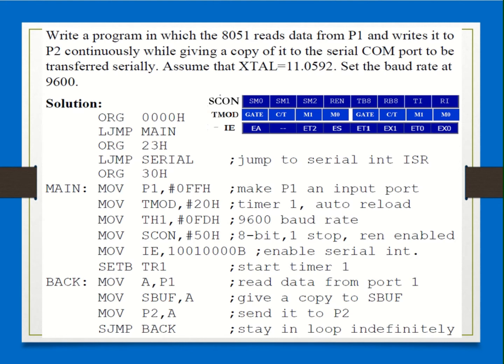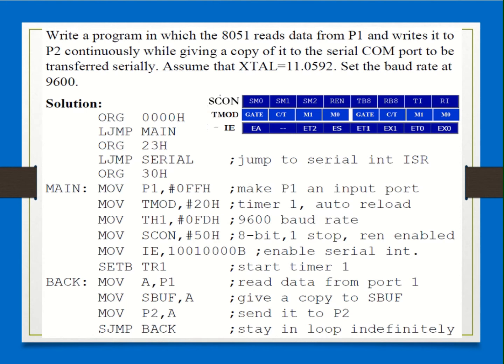So meanwhile, what is the processor doing? It is reading the data from port 1, okay, and it is transmitting serially, isn't it? So in order to transmit serially, what you have to do? The data has to be loaded into the SBUF register. Then from the SBUF register, the data will be framed, with 1 start bit and 1 stop bit, and the data will be serially transmitted.